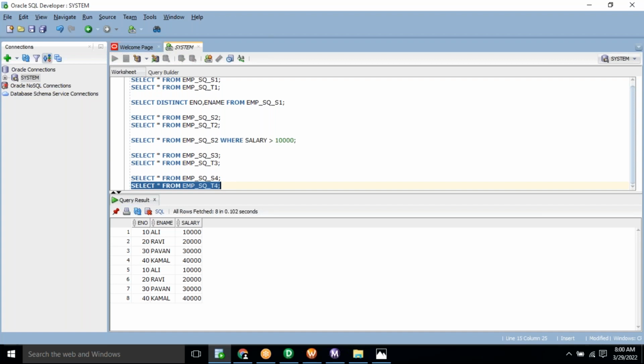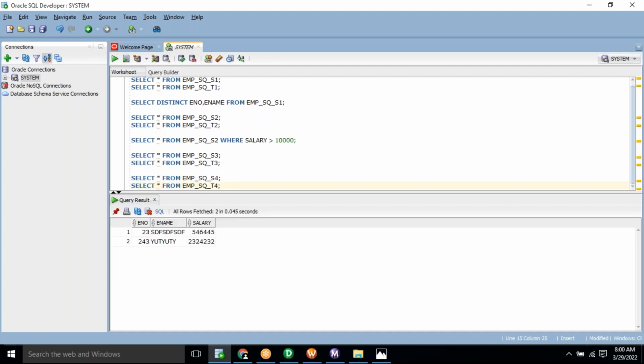In the target table also, initially you have to insert some dummy records. So at the beginning itself, the source and target tables should both have some records. Now the requirement here is